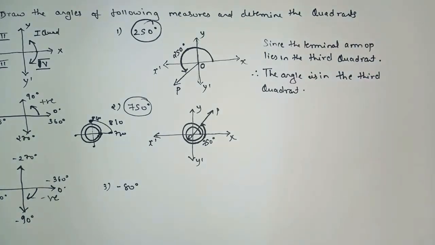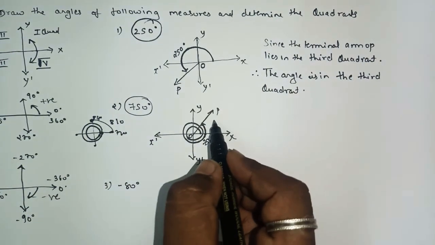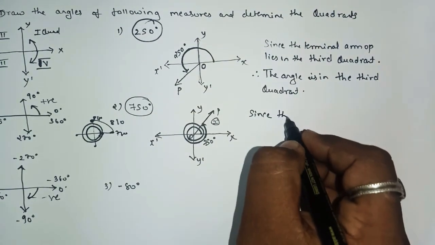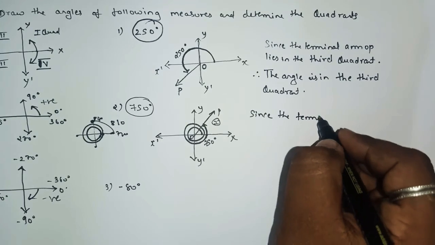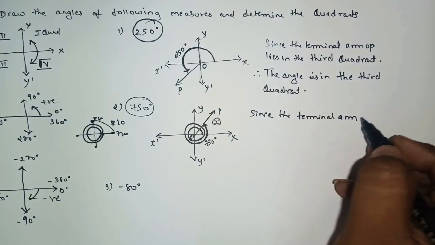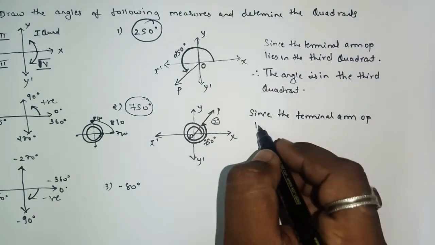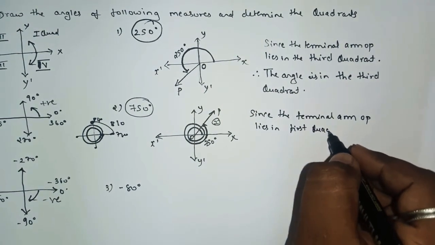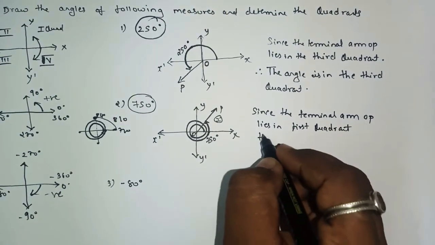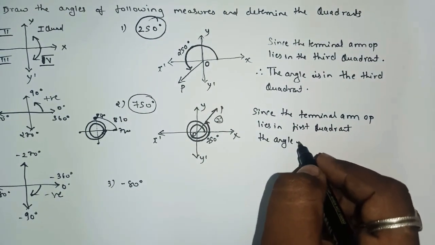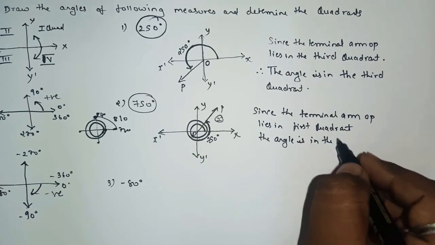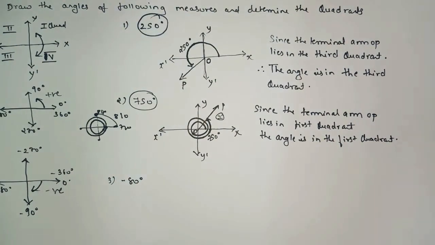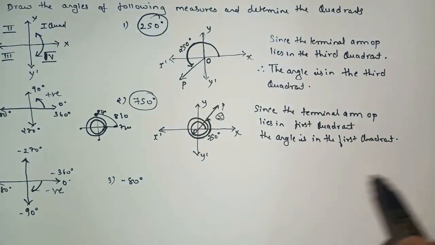So 750, indirectly or directly, can I say it lies in what? It lies in the first quadrant, yes or no? So here you will write, since the terminal arm OP lies in first quadrant, the angle is in the first quadrant. So in this way you will present your sum in the exam by showing the diagram and by writing the